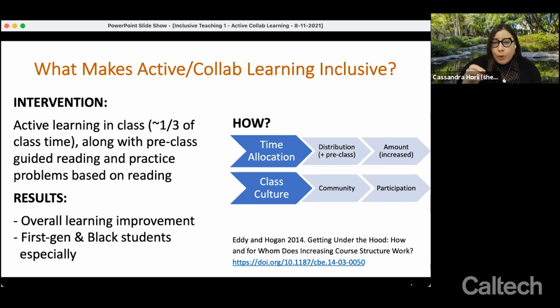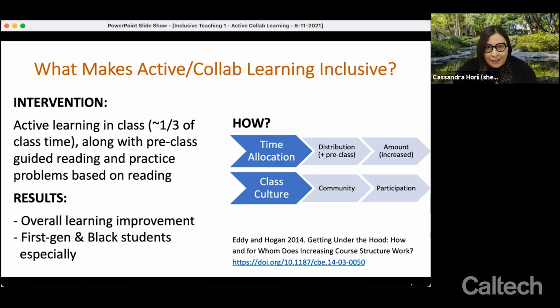While they replicated the results that overall learning improved for students generally in the intervention class compared to a lecture-based class, first-generation college students and Black students had especially large gains in the intervention. In this case, there were some survey questions that asked students more about their experience, and they were able to